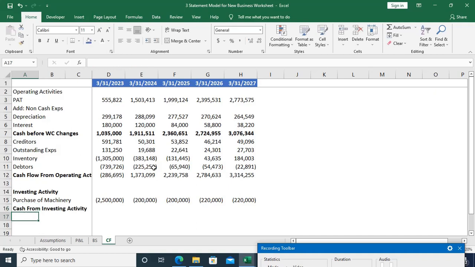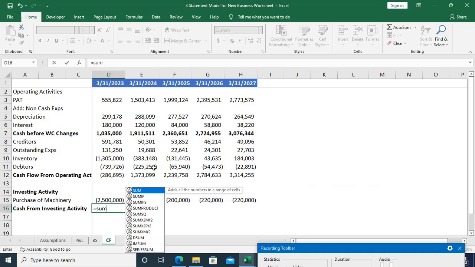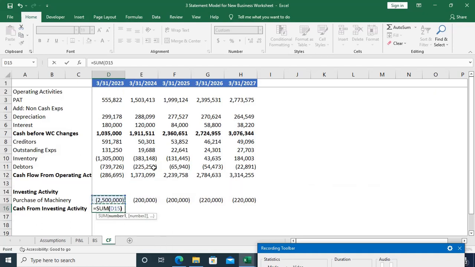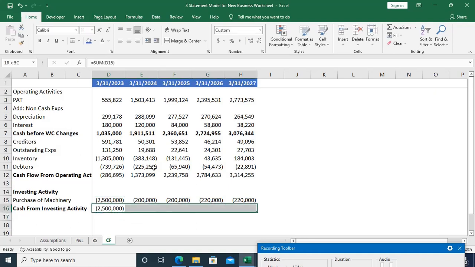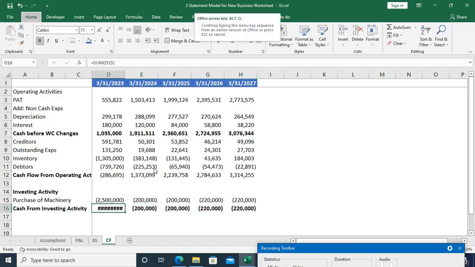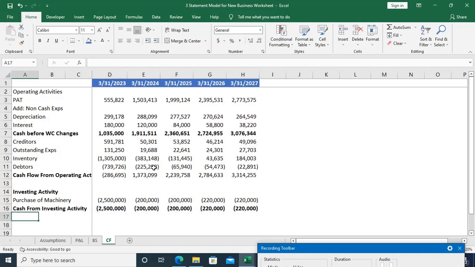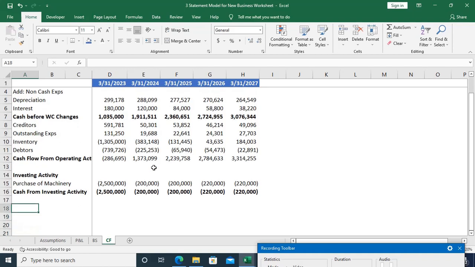Cash from investing activity is how much? Sum of only this. So now this is the cash from investing activity, and this is the last thing,